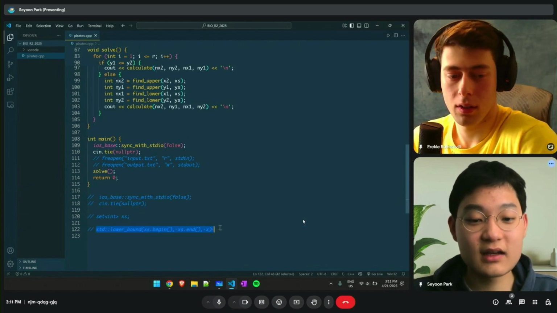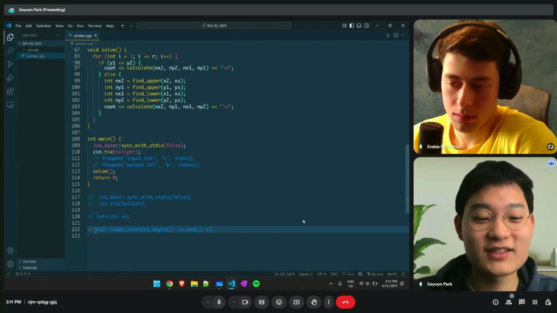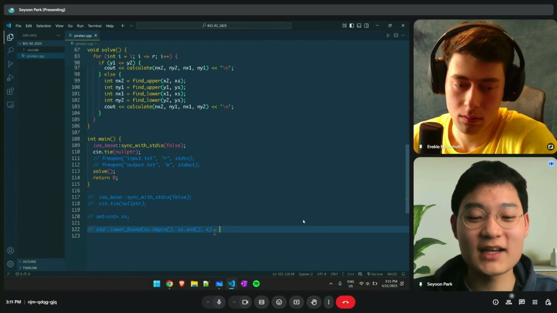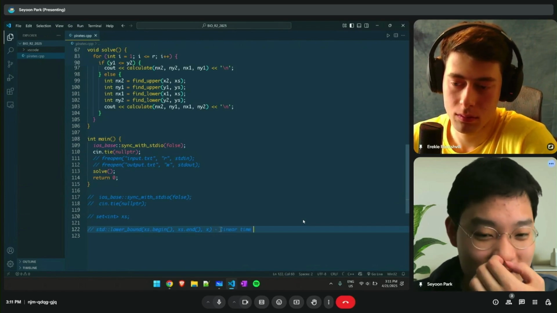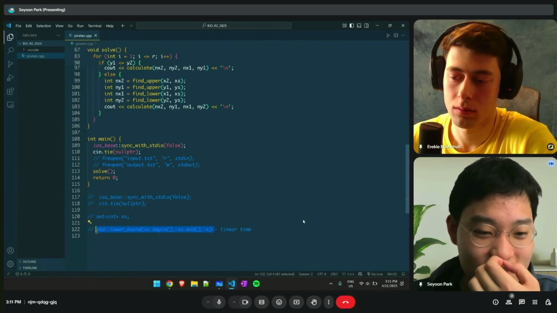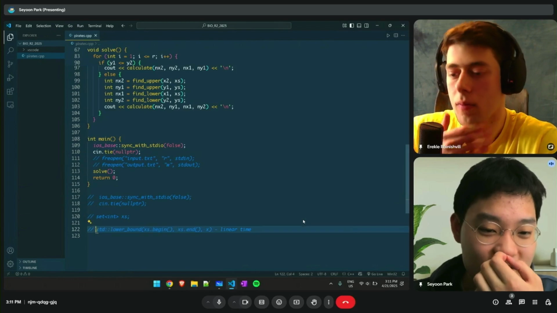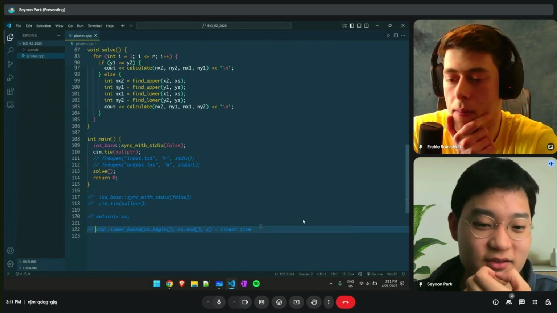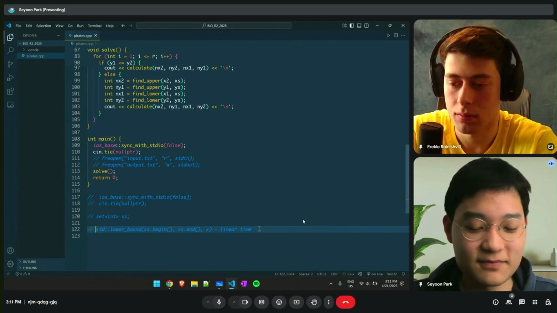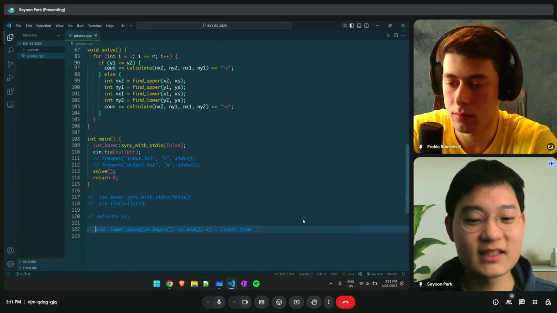No, someone was using this in a set, which is actually linear time. You would think this is log n, because this is supposed to be binary search, but it's not, because set iterators are bidirectional. So you can't just access a random iterator. You have to increment and decrement.